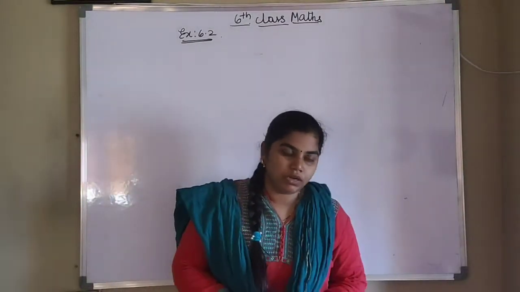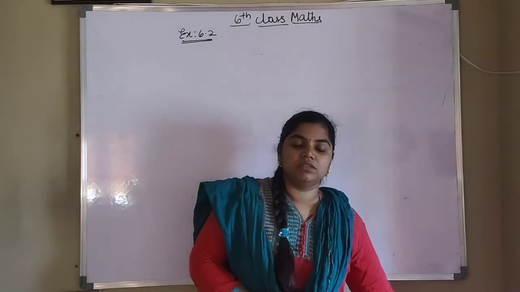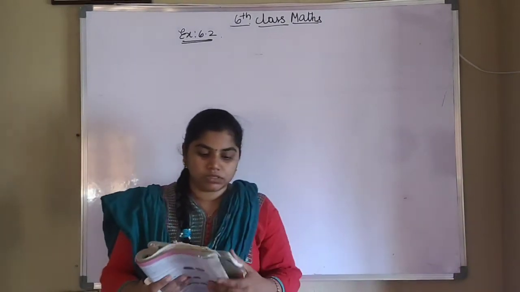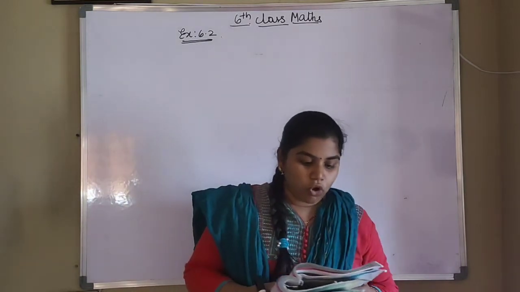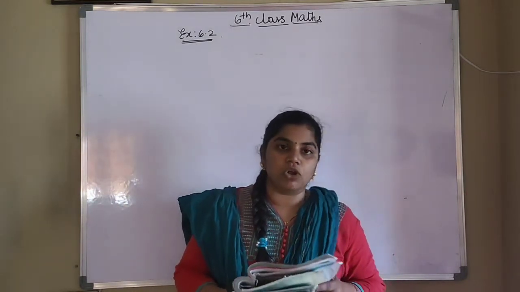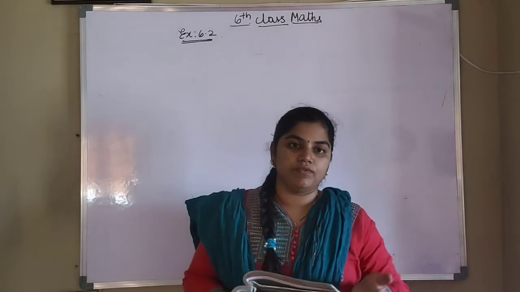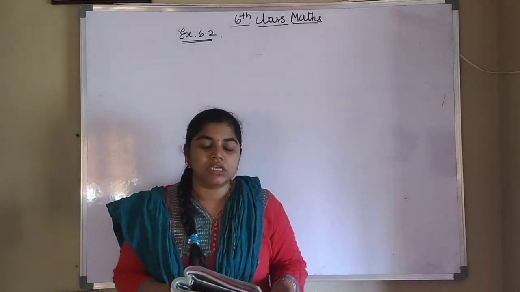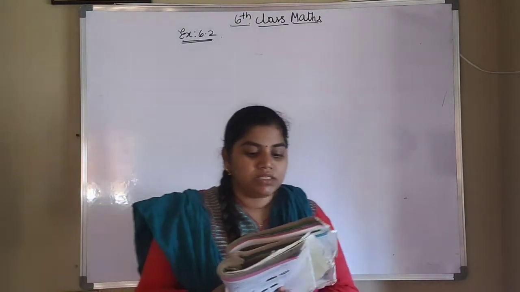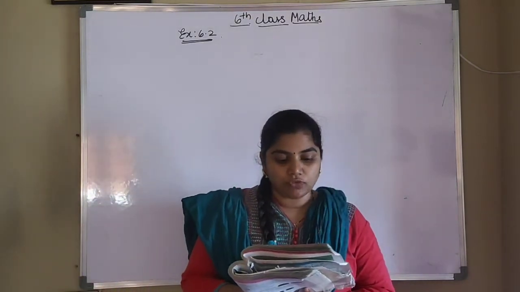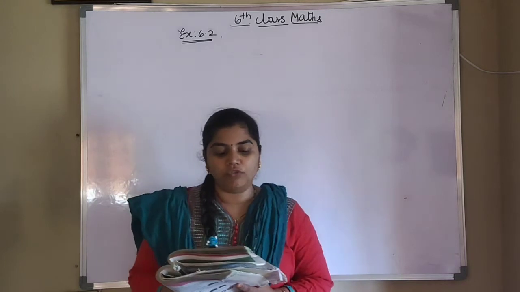Good morning everyone. So we will continue our exercise, that is 6.2. So we are doing this third bit. Write true or false, correct those that are false. We have to write which is true and which is false, and also which is false we have to write the correct statement there. Okay, so first one, 0 is on the right of -3, right side of -3.